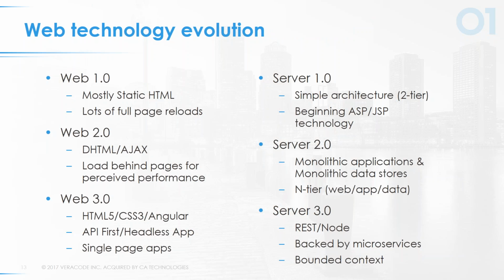Technology evolution, especially in web applications, again, follows that model of I needed specialists that became generalists as things matured. So in Web 1.0, it was static HTML and full page reloads. Every time you would go to a URL, you'd have to reload the browser. Very simple architectures. In 2.0, as we started to introduce AJAX and DHTML and JavaScript really started to take shape, you started to be able to load things behind the scenes and go gather some information and update the UI, which gave the user a better perceived experience.